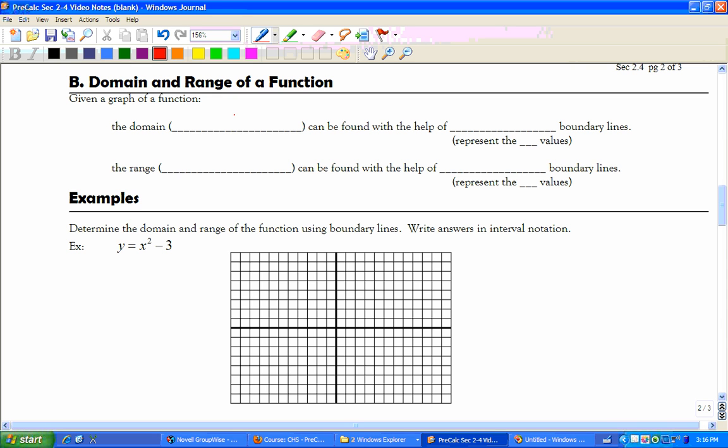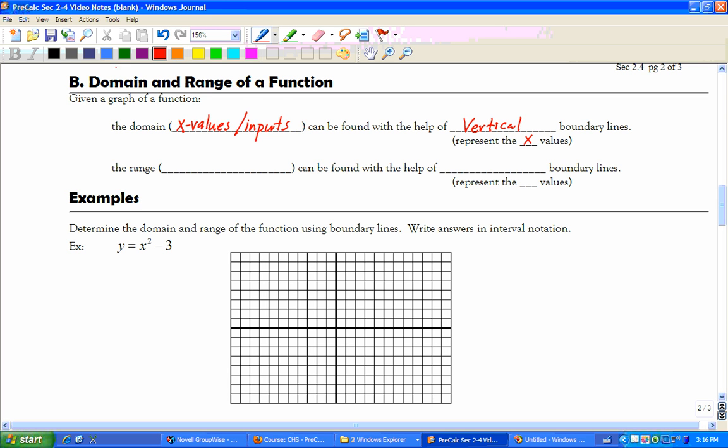Okay, so for the domain and the range of a function, the domain are the x values or the inputs. And they can be found with the help of vertical boundary lines when you're looking at a graph. Because these vertical lines represent the x value, that's why the vertical line test works, because we're representing an